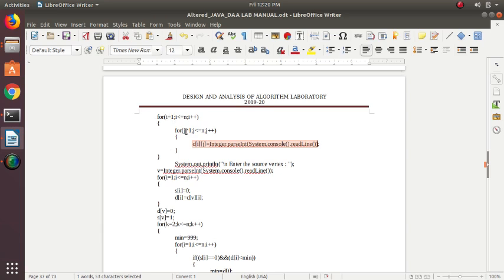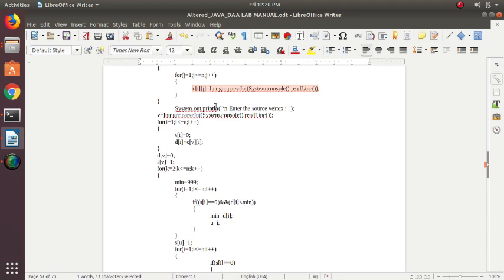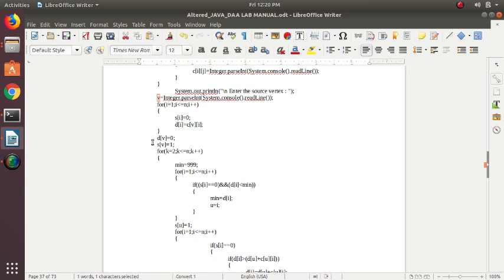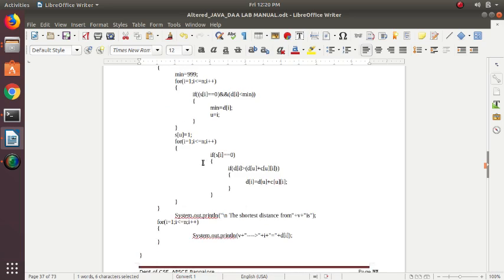This will give us a 2D array from 0 to 0 or 0 to 1, which is the weight that will be entered here. And from this we are using the source vertex. We are storing that in V. The source vertex for our reference is V. So we initialize the source vertex as 0 and start from this 1.